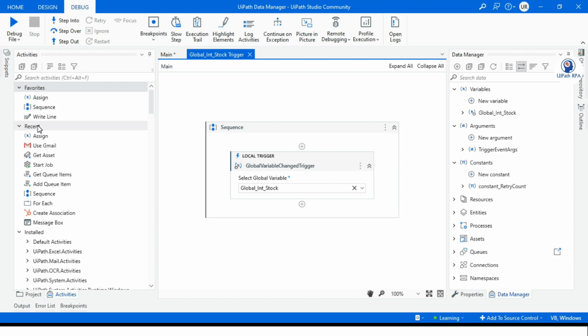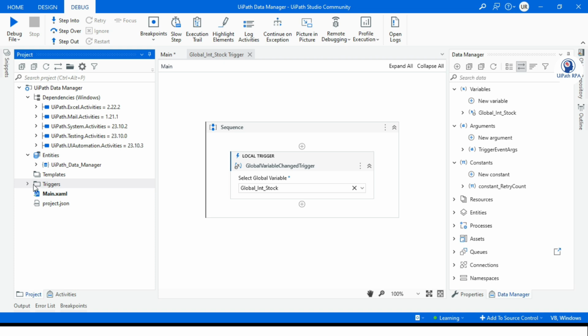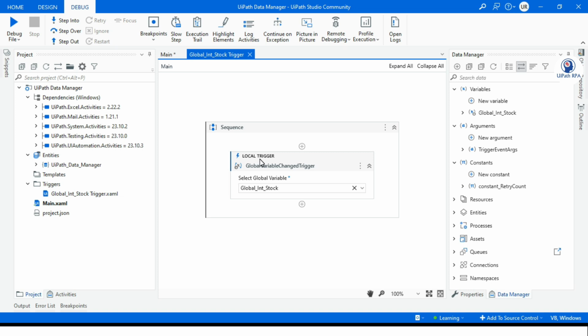Now let's go to the project. You can see here one folder has been created, triggers, and inside that one XML file created with the name global int stock trigger. So what is this name? Why has this been taken? Because this has been taken based on your global integer stock global variable. And inside this workflow, you can see here it has one local trigger activity created here,